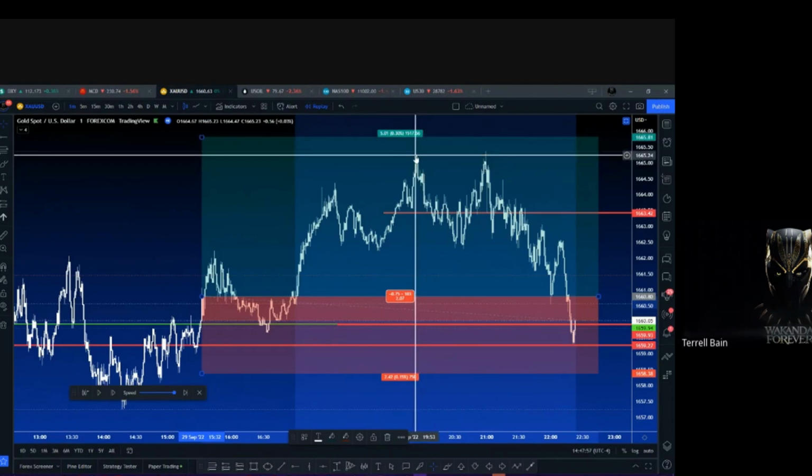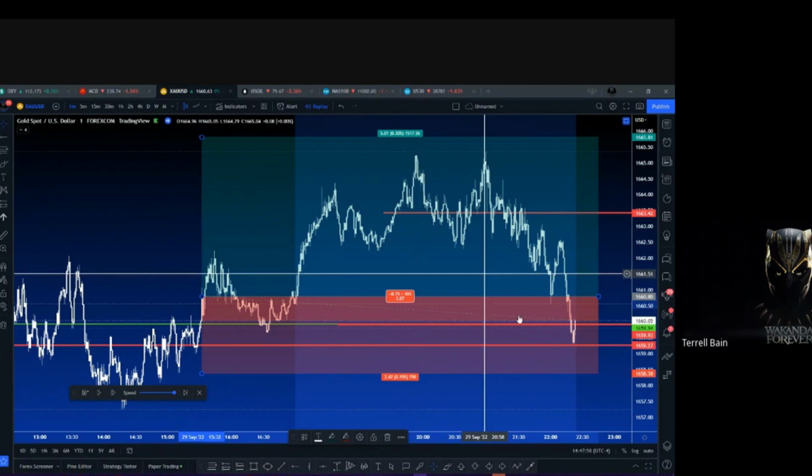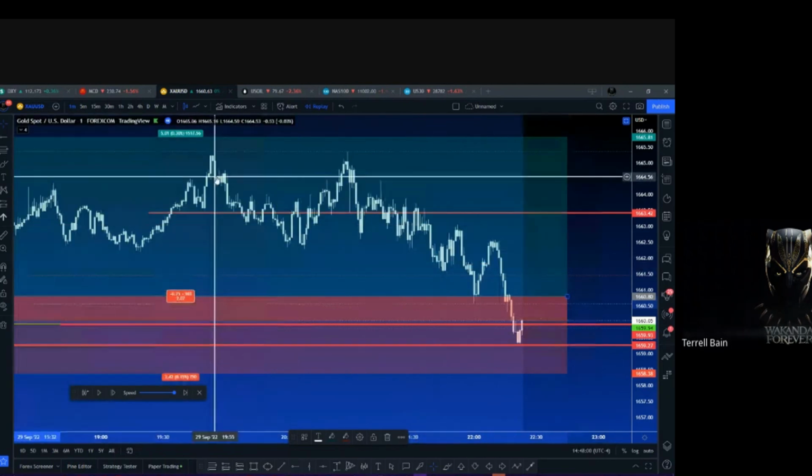So I could have even closed it out. Like once I saw it got here, and then I saw this big red bullish engulfing candle right next to it, I could have closed out right here, right? I'm always saying, guys, let it play out. But I'm saying let it play out so that you can build confidence, right? If you haven't gotten your confidence yet. But once you get to the point where you now have confidence, you don't necessarily have to let it play out, right? You can close it when you want to, right?